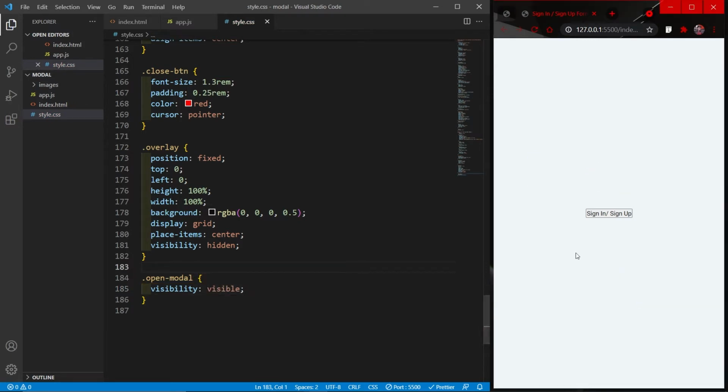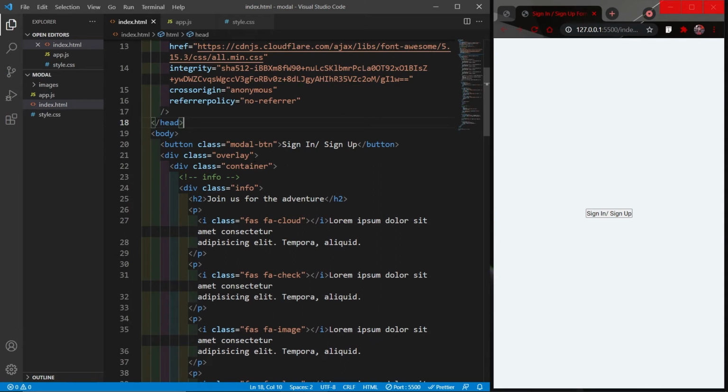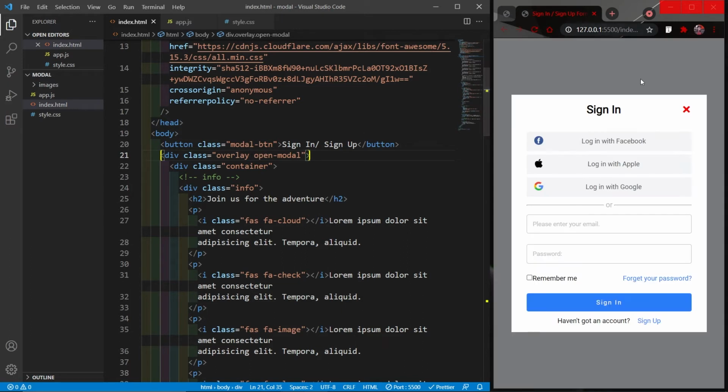So what we want to do is when we click on the sign in button, we want this class to be added to the overlay div, and we are going to do it with JavaScript, but let's first see it with HTML. So right now the overlay is hidden, but when I add the open-modal class to the overlay div and save, you can see our modal nicely opens. So we want to do this with JavaScript. So I will remove the class from here.